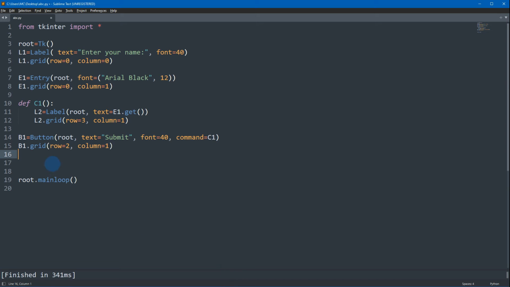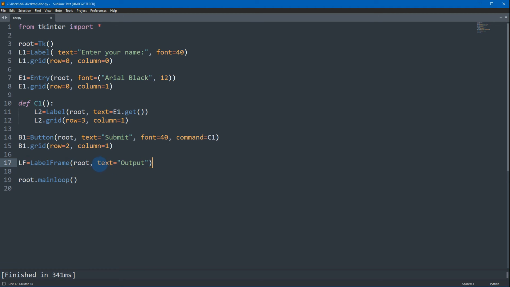Okay, so now guys, to remove the overlap of the value for the L2, we're going to place L2 on a label frame. Okay, so copy this code first and I'll be explaining what it means. Okay, so we're going to create or add a label frame on our root.